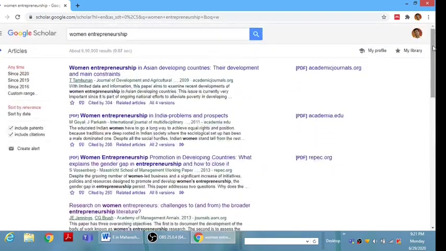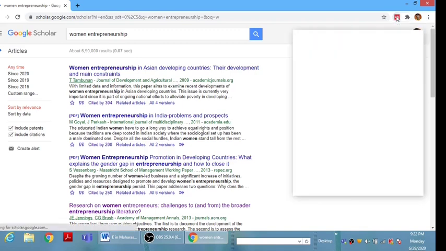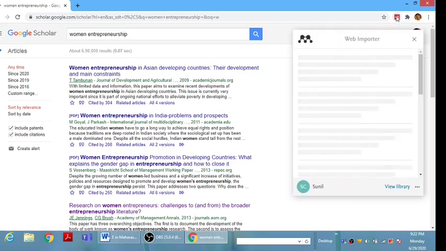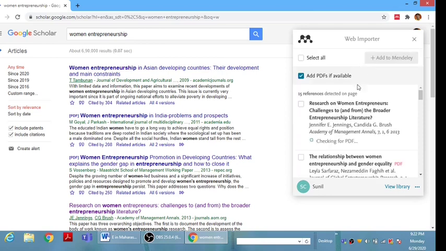So in that case, all these web resources you can add into the Mendeley desktop software. For that you need to click on Mendeley Web Importer. I'm going to click on it, and after that you can see all these web resources appear here.